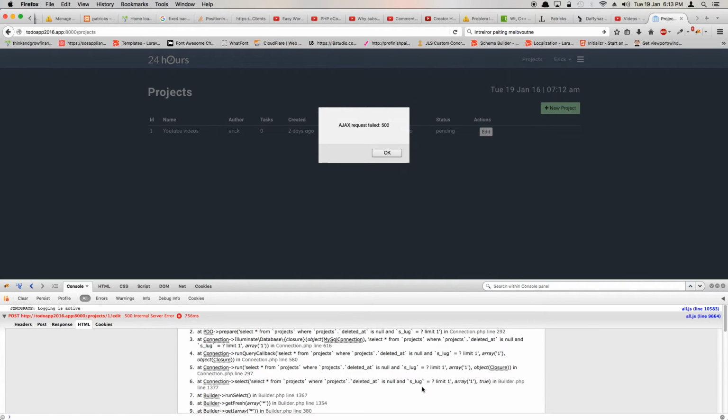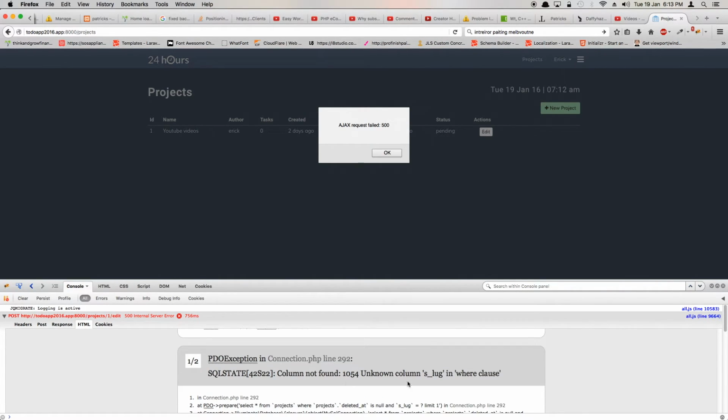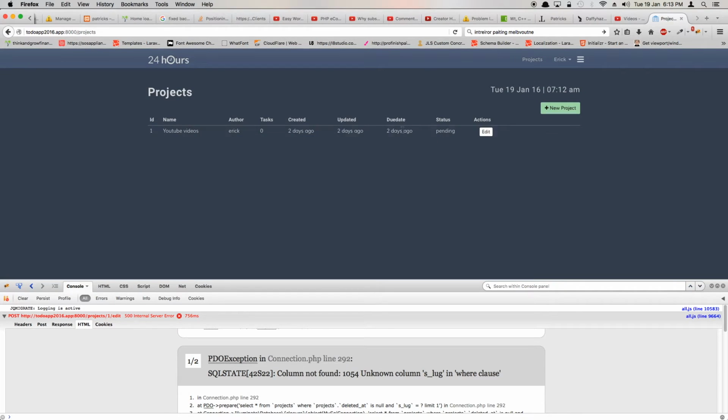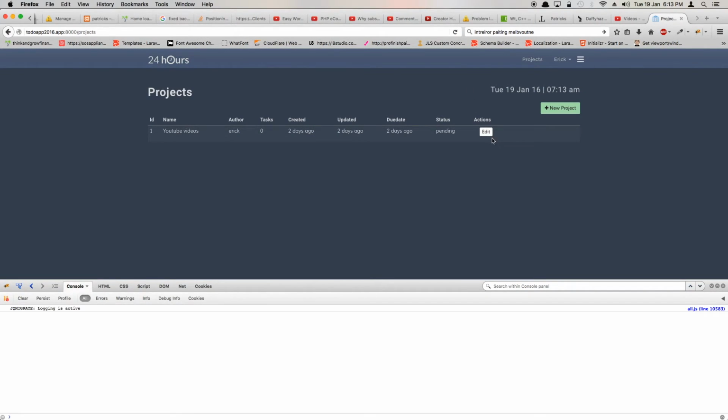Now this is what it says here: column not found s_lug where clause. So in where clause, which means it's something to do with the routes. Essentially what happened is, look at here, I put a capital L. So we're going to follow the conventions. Every time there is a capital, it's case sensitive, so a small mistake can cost us a lot of trouble. So if we do a small l, let's go back to our application now and refresh, and this time it should